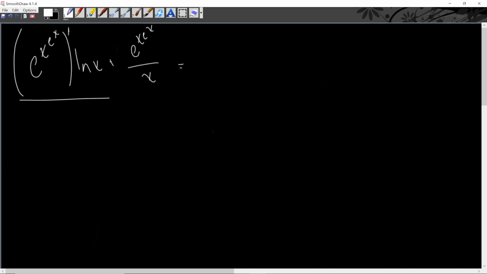We're going to do this, which is, again, the derivative of e to the power of u is equal to u prime times e to the u. Our u in this case is going to be x to the power of e to the power of x. So we are going to have e times x to the power of e to the power of x times